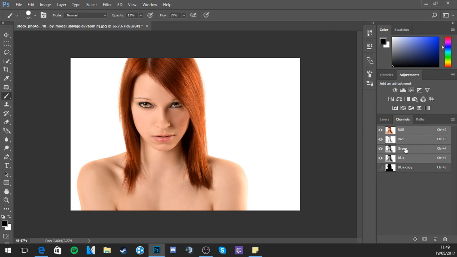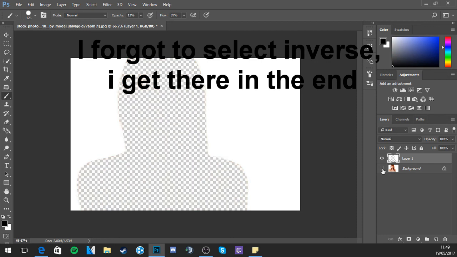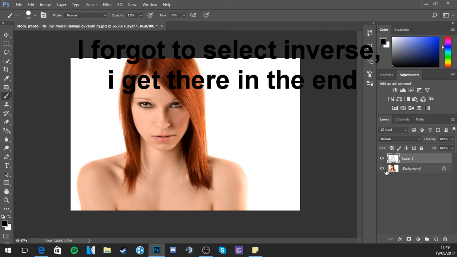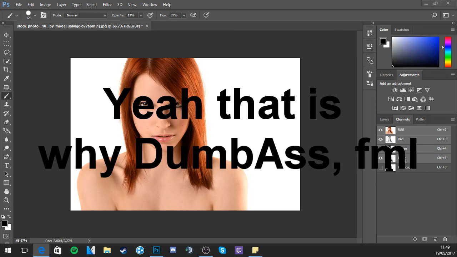Right, all of these. Control J, layers. Why has it pasted the black bit though? I want to paste the head, not the black. Like, see here, it's pasted everything but her head. What's up with that? Oh, that's why. I'm getting ahead of myself.